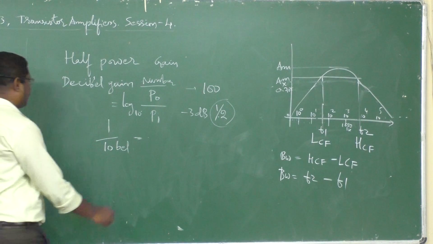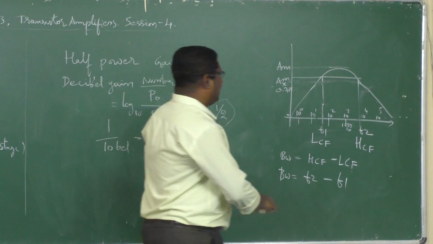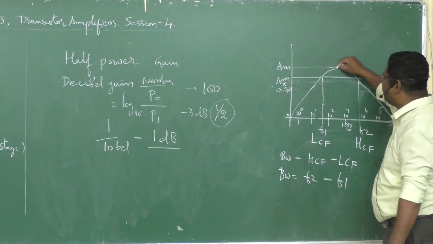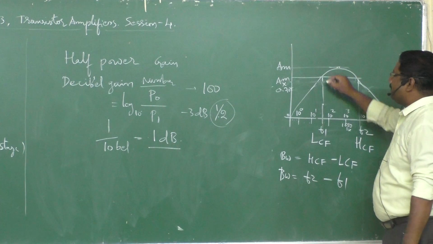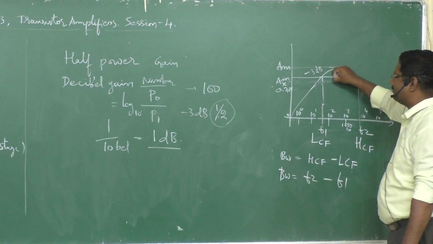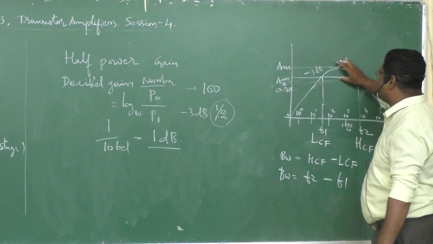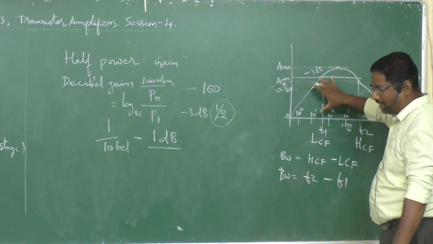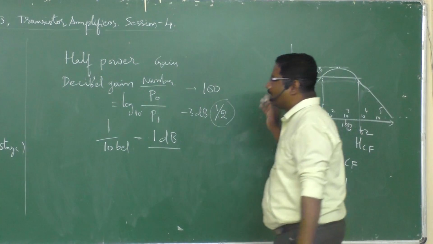So 1 dB. Okay. So when the frequency changes, when we move from the midpoint or highest amplitude to the cutoff frequency amplitude, then we say that minus 3 dB has fallen, minus 3 decibels has fallen. So from here we start the frequency. This amplitude we are not considering, and we start considering from this frequency or this amplitude. So this is known as half power gain or decibel gain.